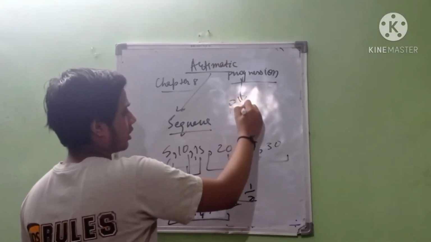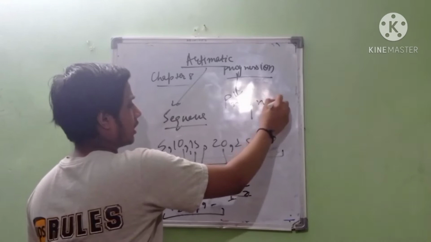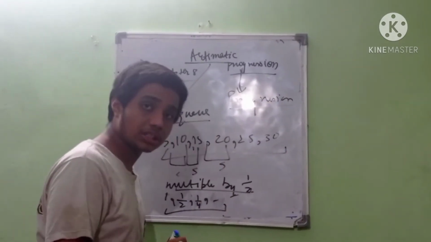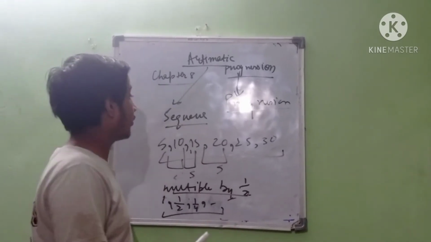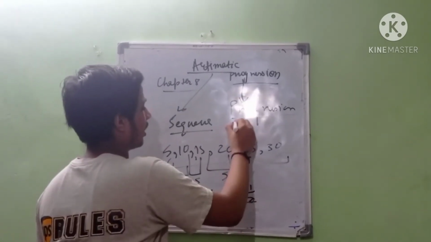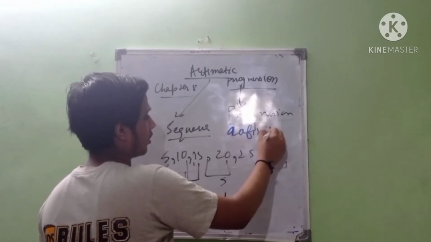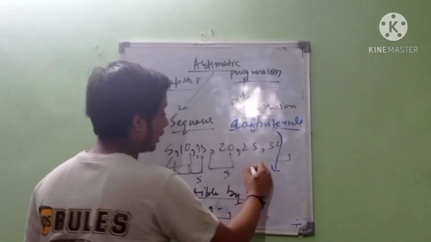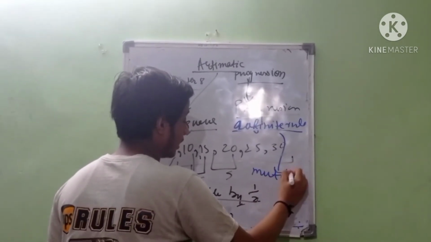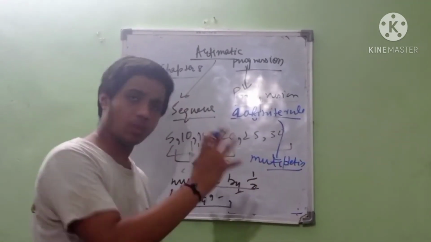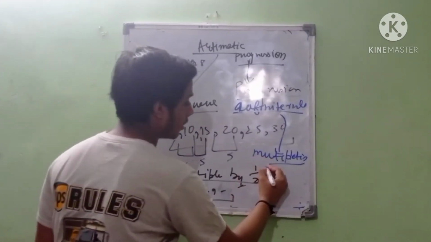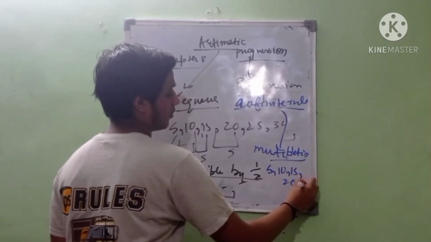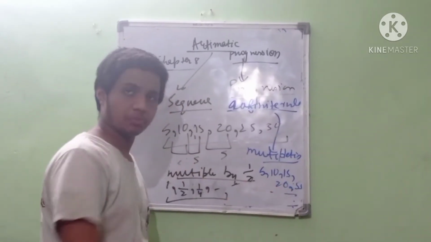What is this progression? You would be thinking, what is this progression? A progression is a sequence. A progression is a sequence with a definite rule. And you would be thinking, what is this definite rule? This definite rule is the mathematical rule that is followed between these numbers. A sequence with a definite rule. Like for example, 5, 10, 15, 20, 25 and so on and so forth.